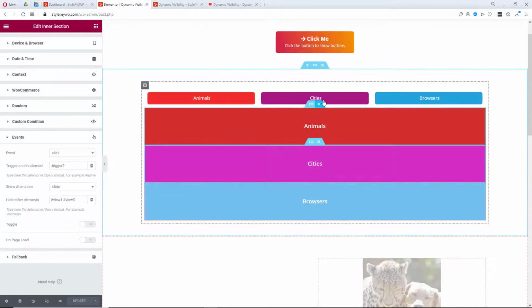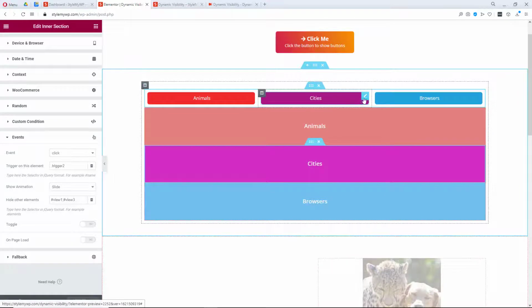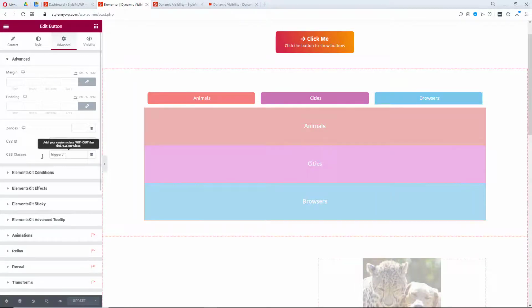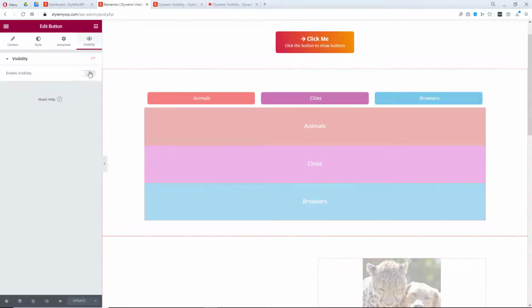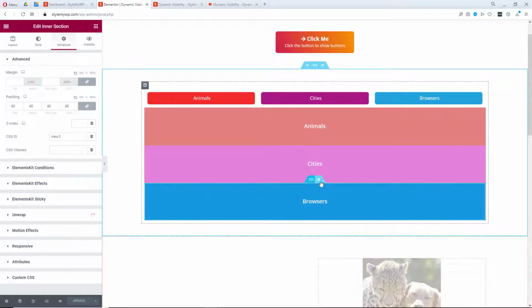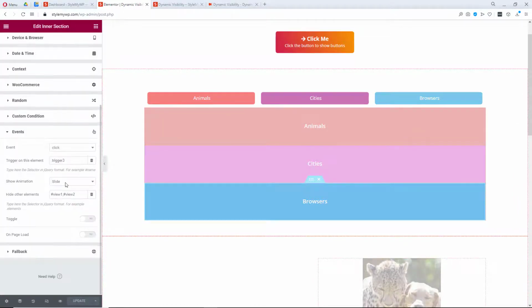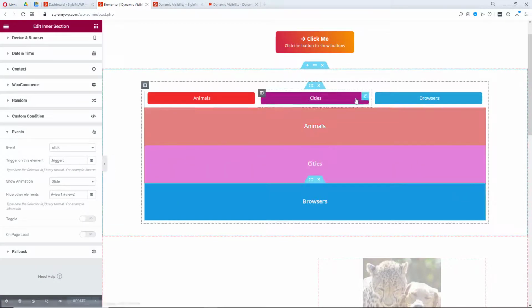The trigger is this one, trigger 2, and the same thing goes for our browser, trigger 3. So this is our trigger 3 class, and here is our visibility. Visibility will be on the view, right? So in the events you can see the click event based on trigger 3.